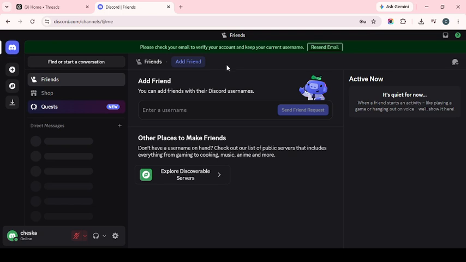Next, enter any channel where you have permission to create public threads. If you're not sure whether you have that permission, the easiest way to check is simply to look for the option in the message area. In many servers, permissions depend on your role, so you may be able to create threads in some channels, but not in others. Once you're inside the correct channel, move your attention down to the chat bar at the bottom